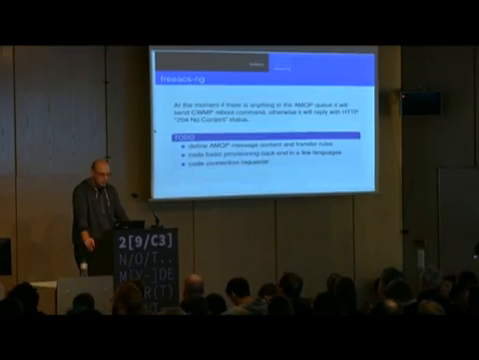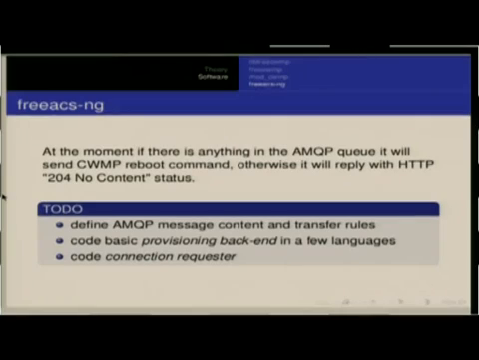Okay, so at the moment, if there is anything in the queue, FreeACS-NG will only send a reboot command. Otherwise, it will reply with no content. So on my to-do list is to define how these exchanges and queues should work together and find the best way to do this. Also, code